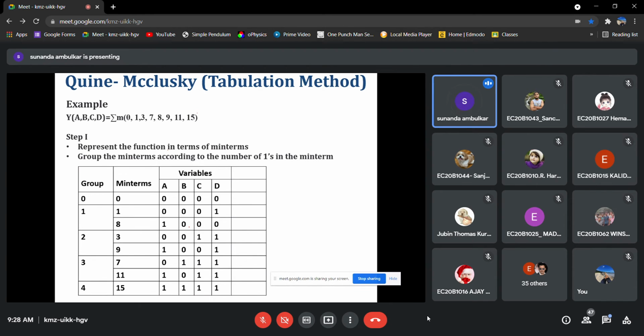Then if any of the variables is not matching, we have to find out the min terms, while comparing those in different groups, for which only one variable is changing. This is the principle.